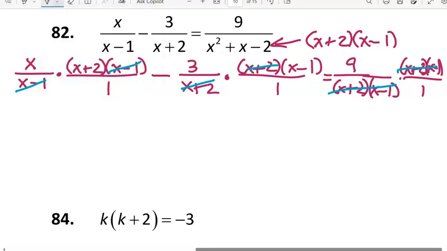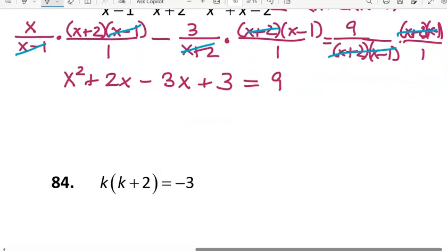and that will leave us with x times x plus 2, which is x squared plus 2x, and then negative 3 times x minus 1, which is negative 3x plus 3. Don't forget to distribute the negative as well as the 3. And then on the right side we just have 9. So x squared minus x, combining those two like terms together, and now subtracting 9 from both sides, we have